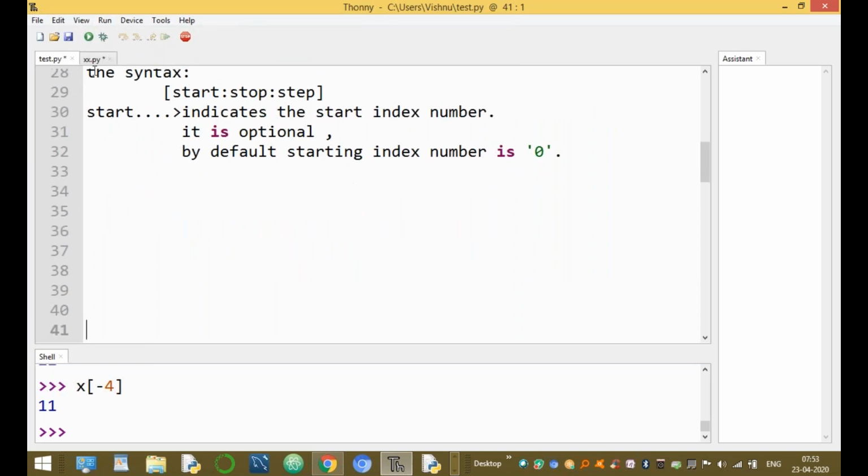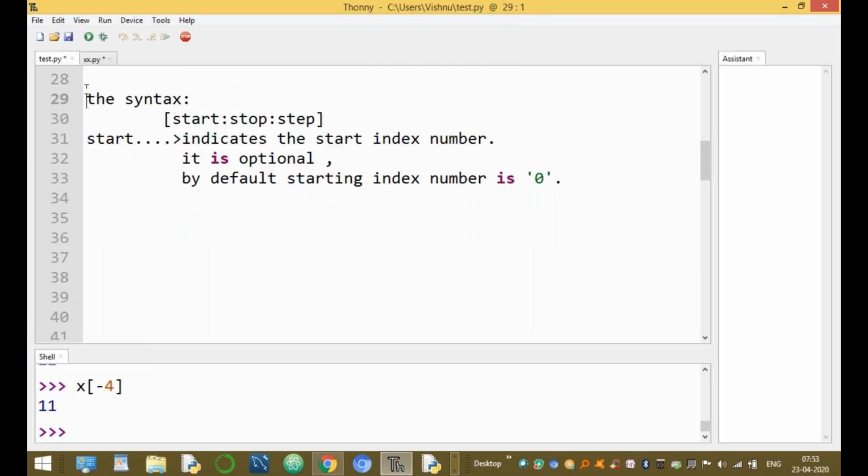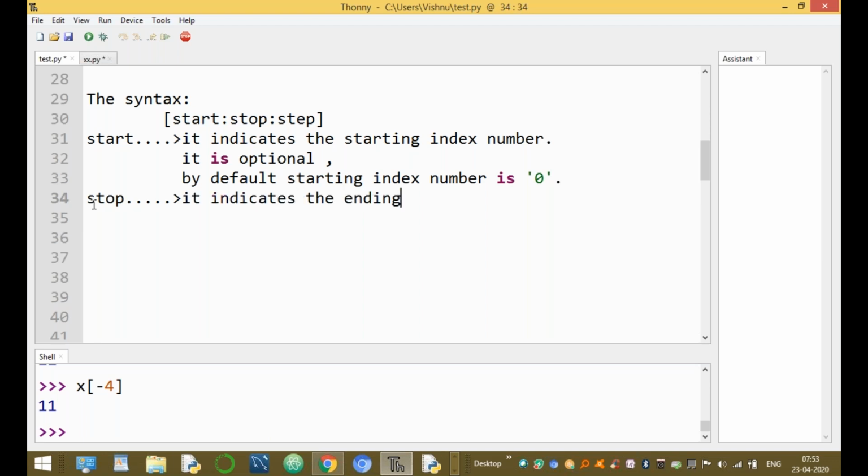This is the start parameter. What is the purpose of this slicing? It is used to access more than one element. The start parameter indicates the starting index number. Okay. The next parameter is the stop parameter. It indicates the ending index number.